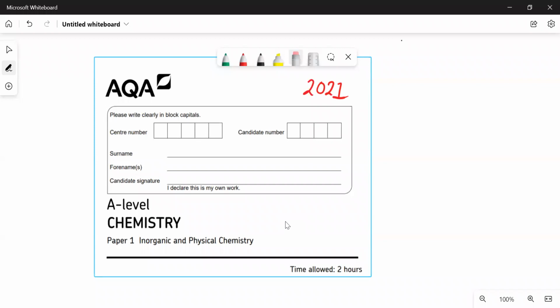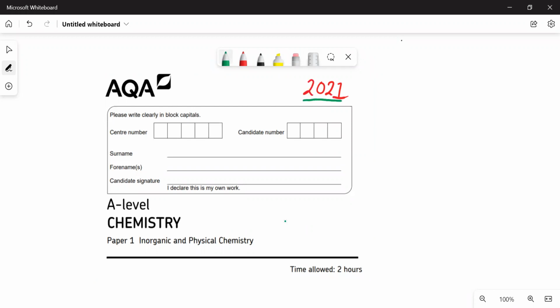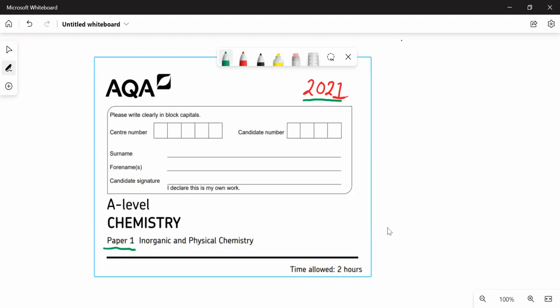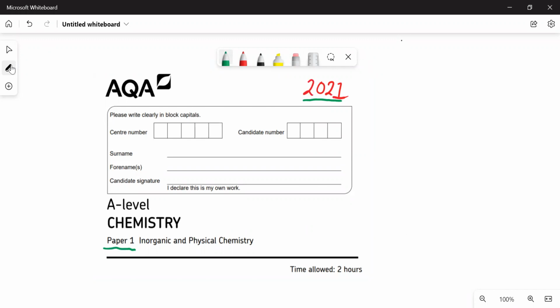Hi, in this video, I'm going to go through the AQA Chemistry A-level paper. This is the 2021 paper, and it's paper one. I'll probably do this in 3 separate parts. It's quite a long paper. Okay, so the first question is